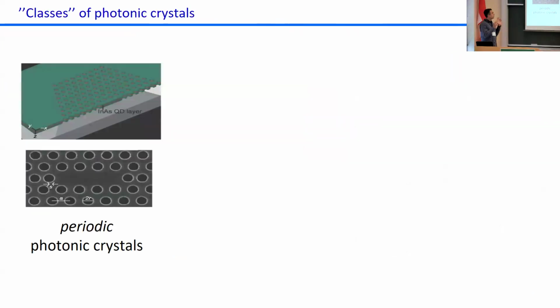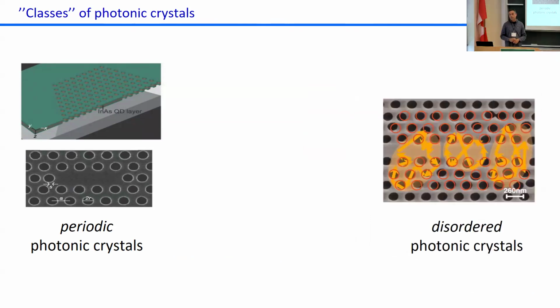So I will now define three classes of photonic crystals. The one that I've just discussed, I will call the periodic photonic crystal, or if you like, the highly engineered structure. And then we have the opposite end of the spectrum, which is a disordered photonic crystal structure,